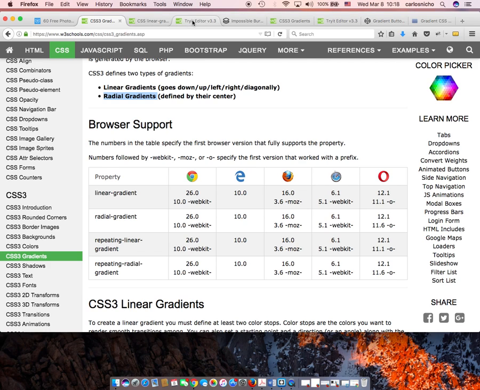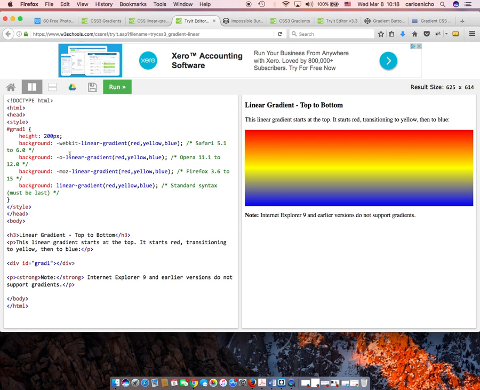Let's see. Here's a sample, and as we can see, 1, 2, 3, and 4. I can make some changes here so we can see the effects live. Let's say this is a yellow. No, yellow is there already. This is a light blue, and this one is white, and this one is gray. So when we run it,